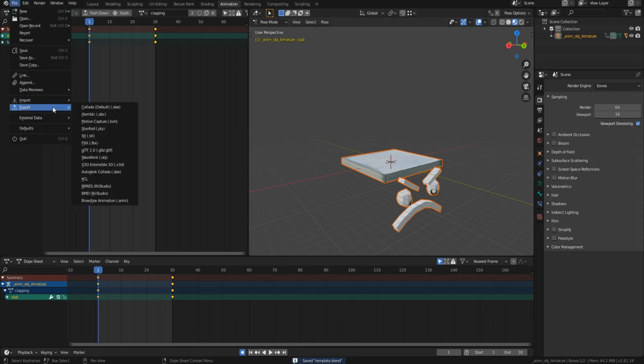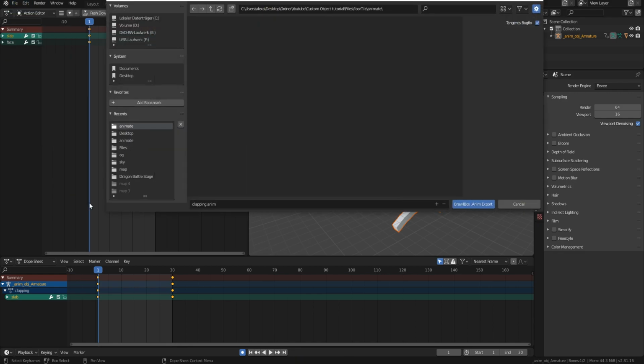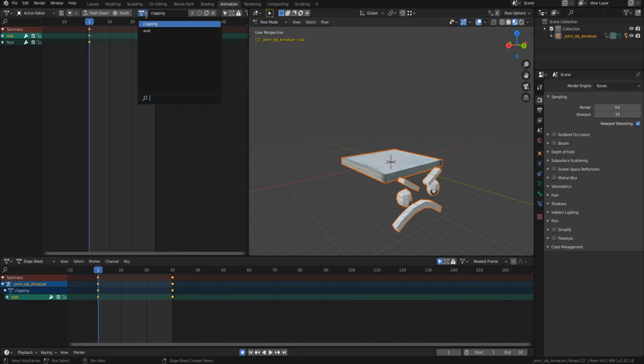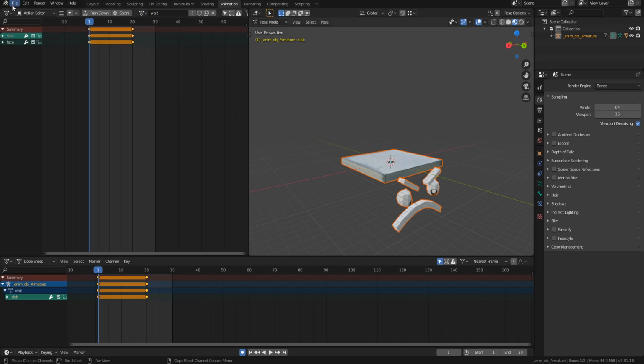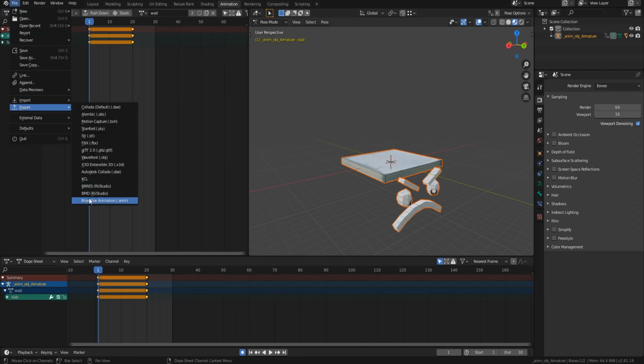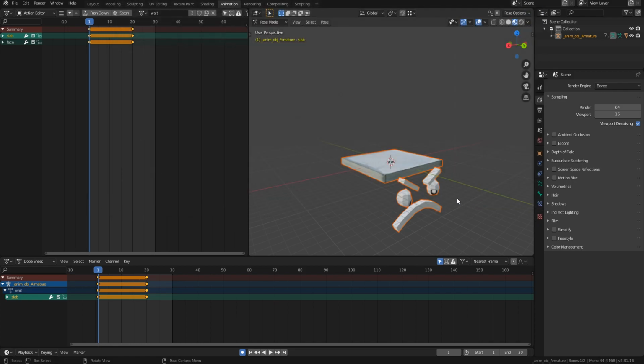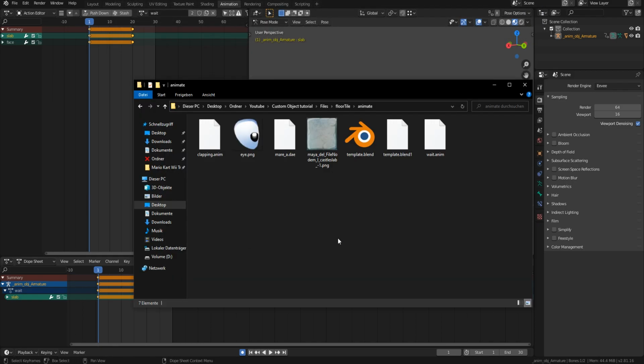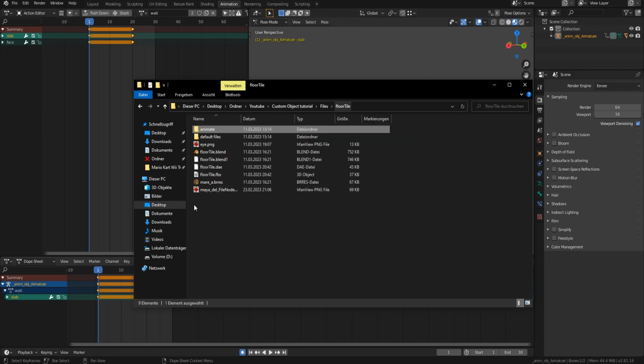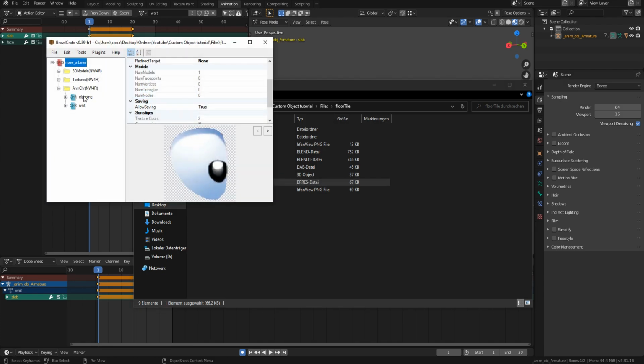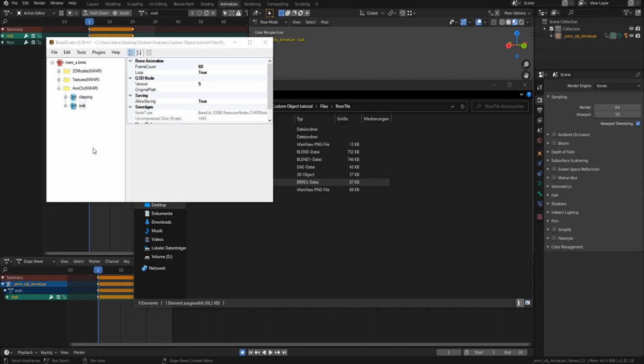So again, file export, Brawlbox animation, we have clapping, and then if we change to wait and go export again, it's gonna export the wait animation. So now we have our two files here, and we can go back into the BRRES and just replace the animation files. So for wait, set version to 5. So the wait animation is gonna loop,